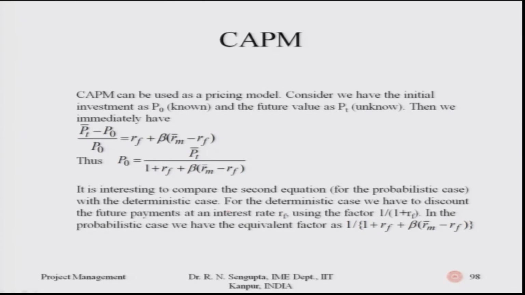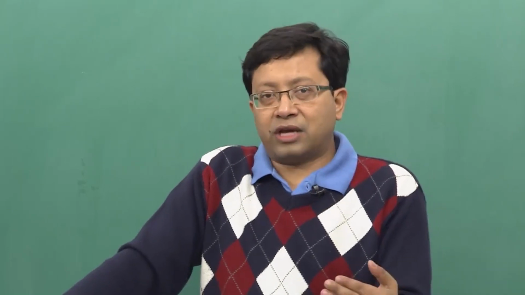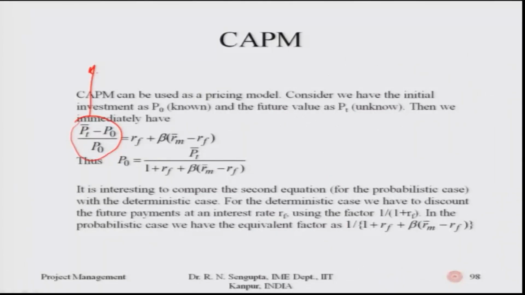Then we immediately know that the first term on the left hand side, P bar suffix T, is the actual expected value of the portfolio or the project or the investment at a certain time T after you have started your investment process, while P0, as discussed, is the initial investment which is known. So this ratio is the rate of return of your investment in that project, that is equal to